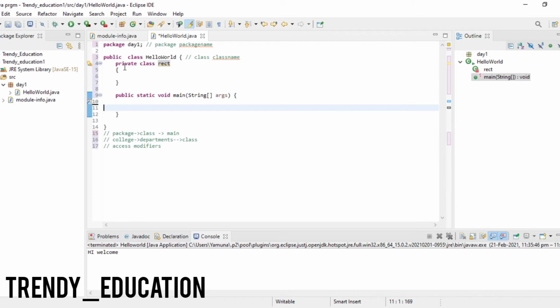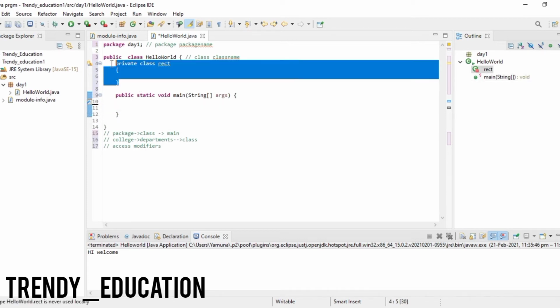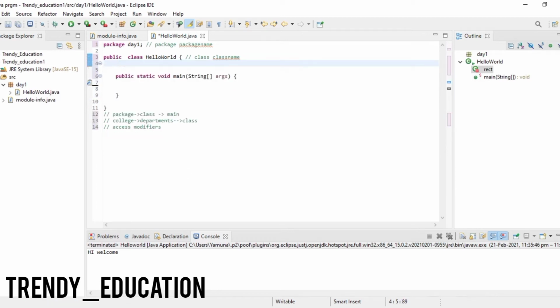So we can use private only within the class. When I call it from outside, it will throw me an error. This is what private means. It will just work within that particular class.